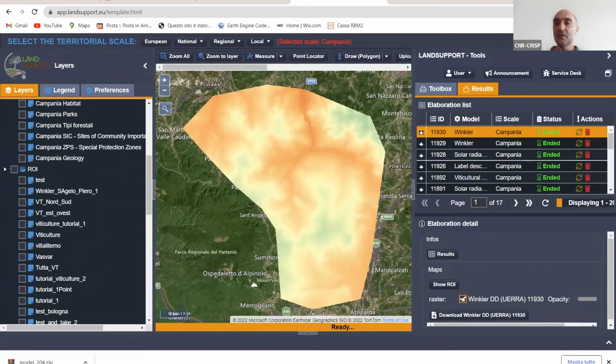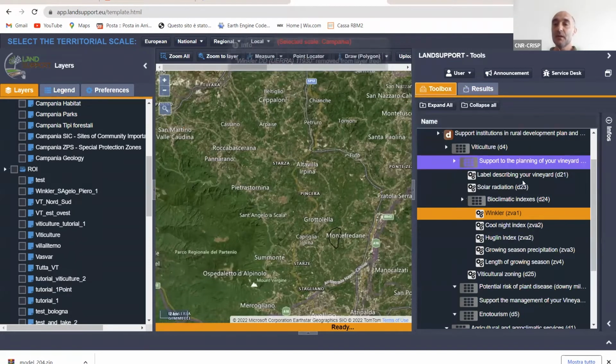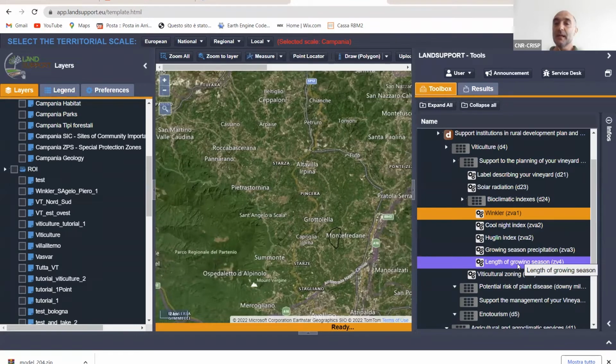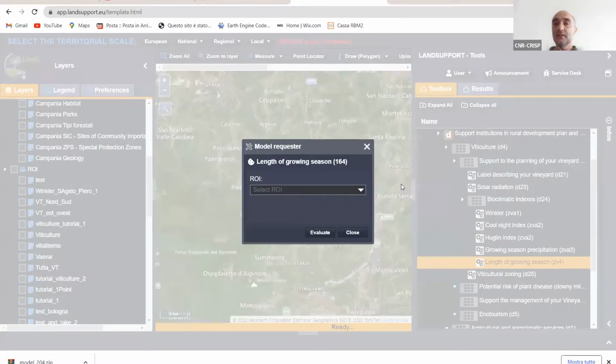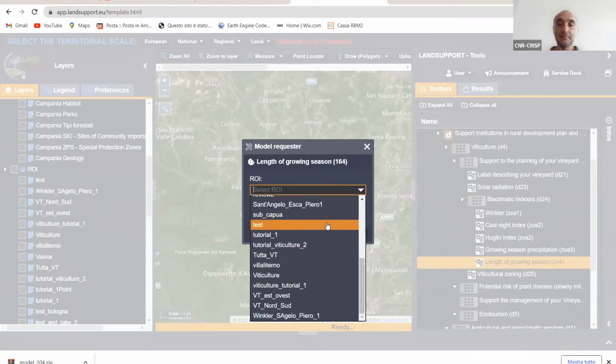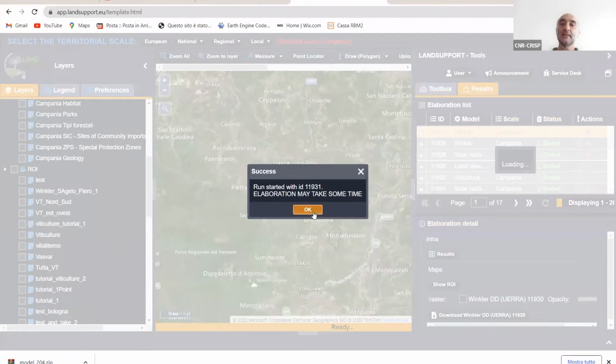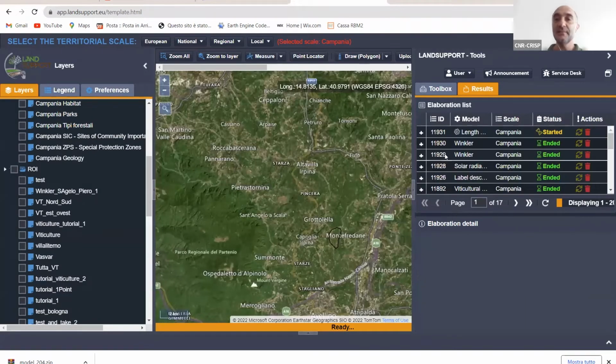The same also for other indexes. For example, the length of growing season. If I again use my tutorial viticulture 2 to evaluate this index and the spatial variability of this index,